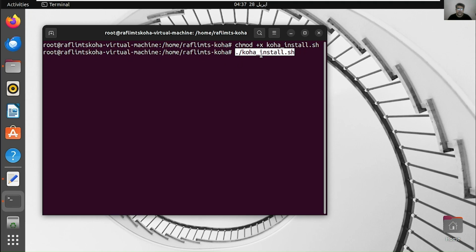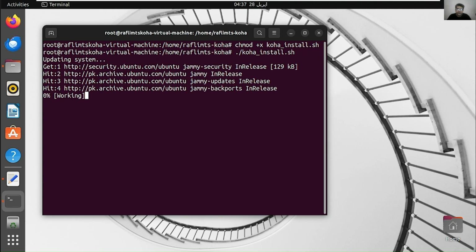This command will execute, and this is the only command that you need to run, and it will install everything at once. You need to relax, and it will install all the process. So let me press enter here, and now see, starting updating system.